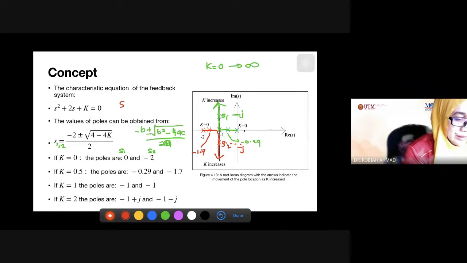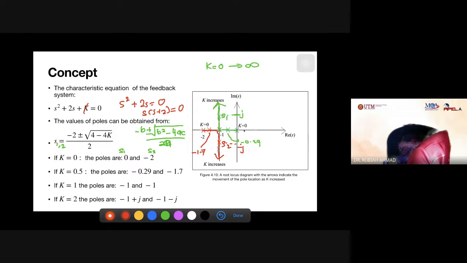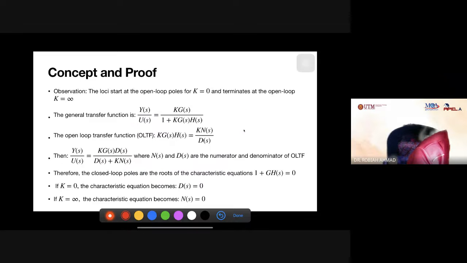So the locus when K equal to 0 will start at the poles of that system. Let's say we don't have K here. So our characteristic will be S square plus 2S equal to 0. So S times S plus 2 equal to 0. So our open loop poles are